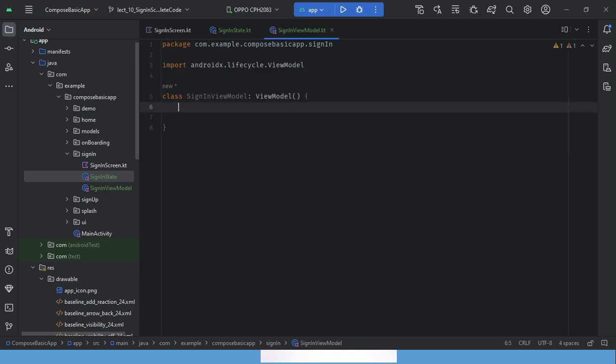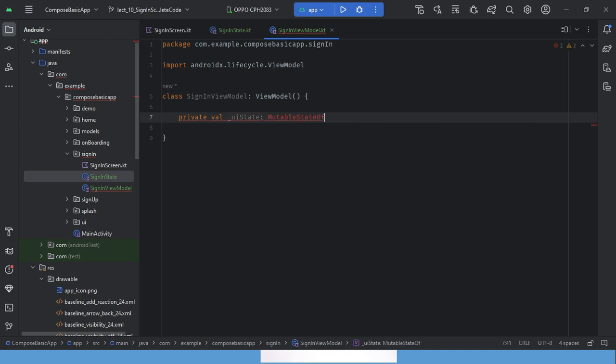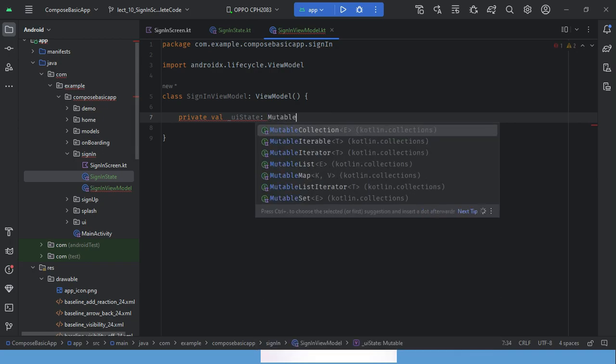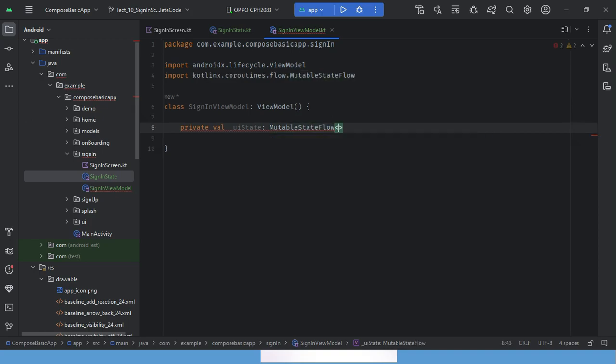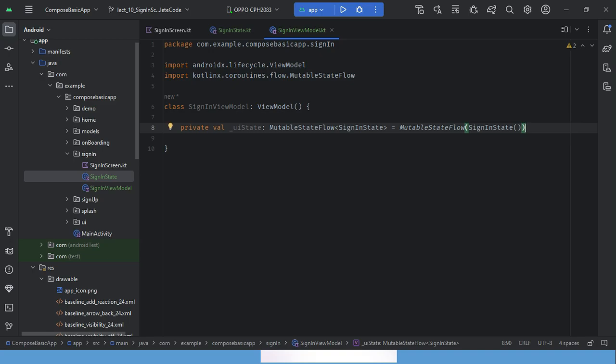For that I will create a new variable, mutable state flow, and let's pass the initial state as empty data, and here I will create another variable, UI state, which would be public,